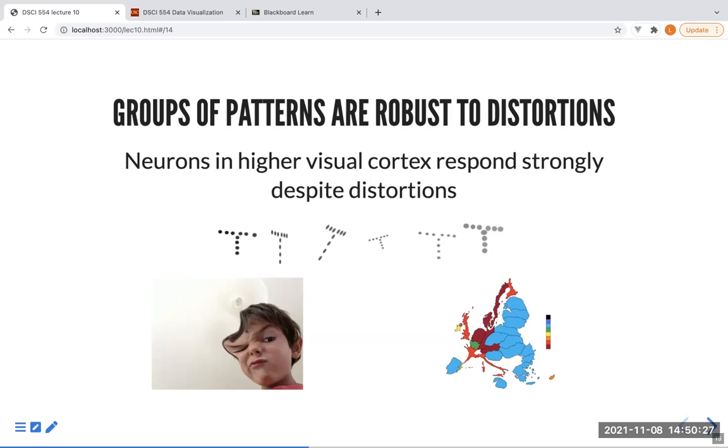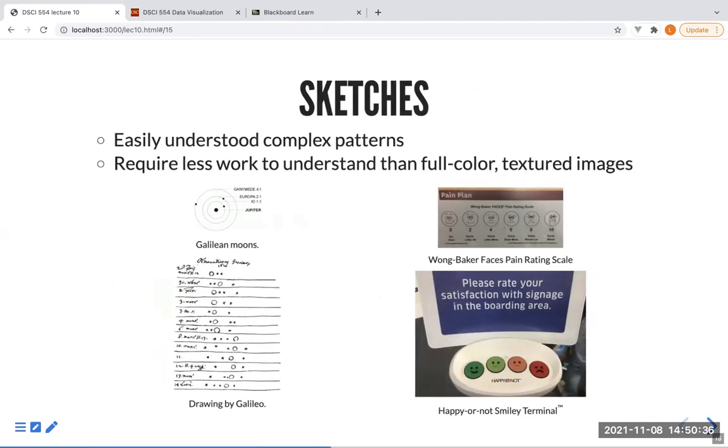So you will see that it's Europe, even though the distortion that is encoded in the data might be very high. So we talked about the generalized contour. So this is another implication of that idea that you can simplify things, and if you do, we're still very good, if not better, at understanding the information